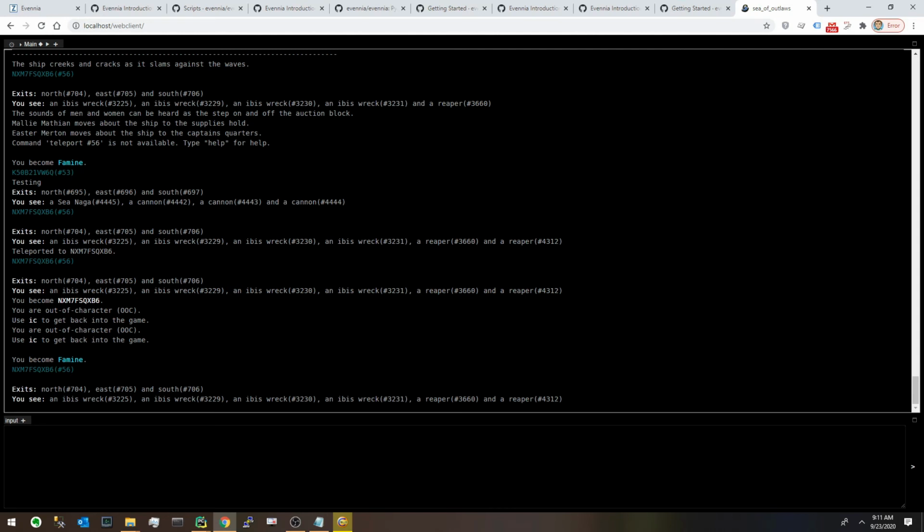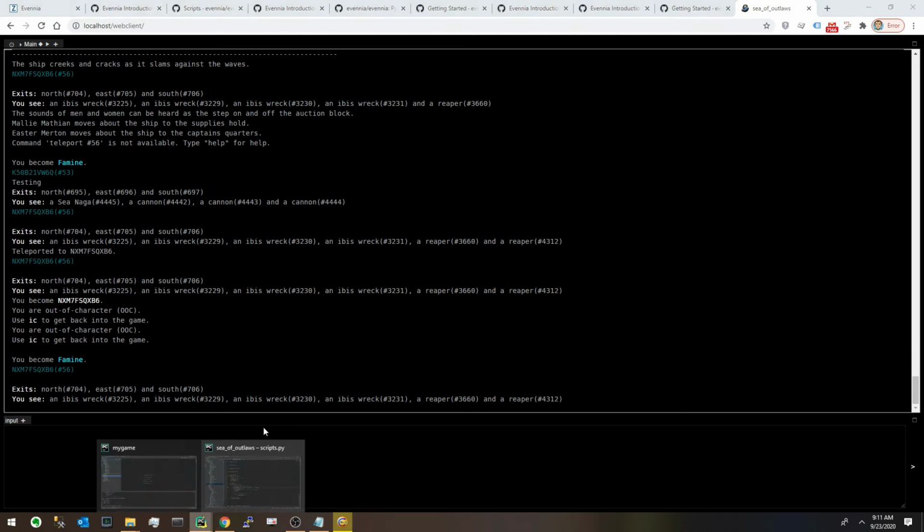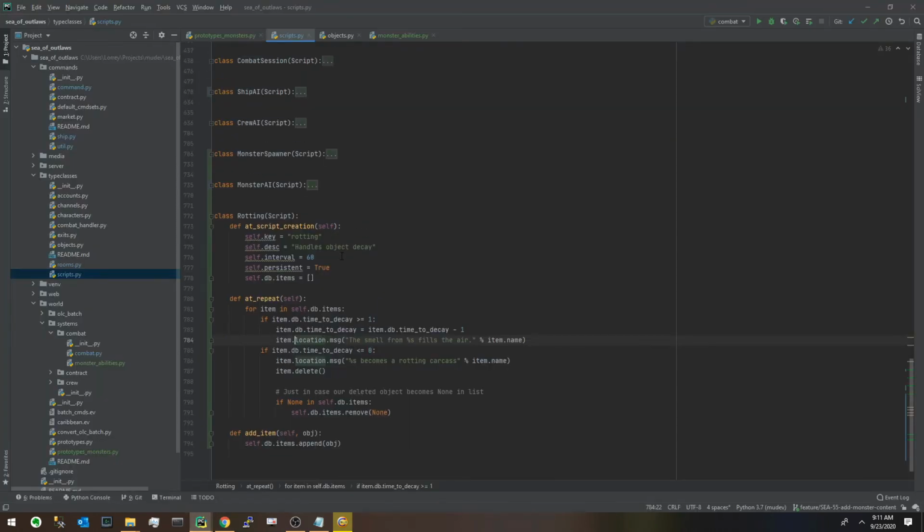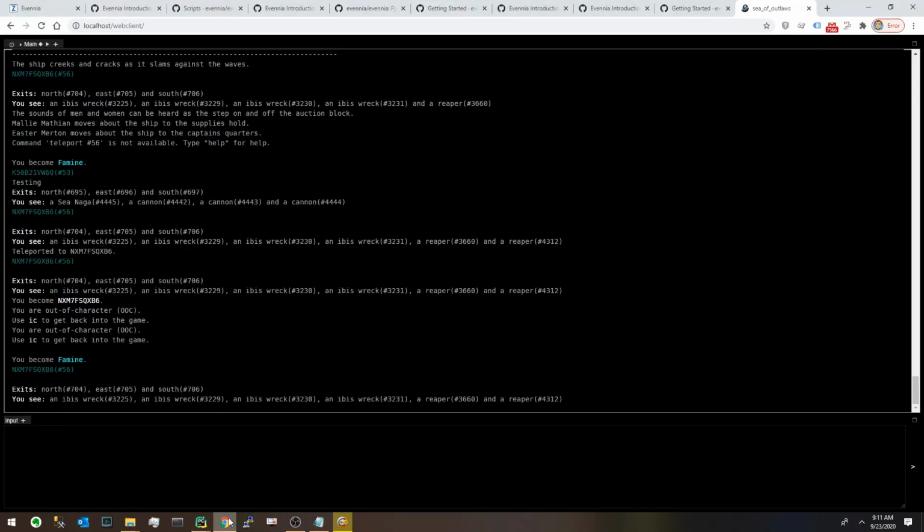That script will handle the ticking, the time. I'm sorry I didn't talk about that earlier, but you define the intervals of the scripts. This would be 60 seconds. You can assign it to whatever you want. It can be persistent when you reload. You can save database items with the script, so you can add attributes. So you can add a tick system to this, to where every 60 seconds it will slowly sink into the sea,